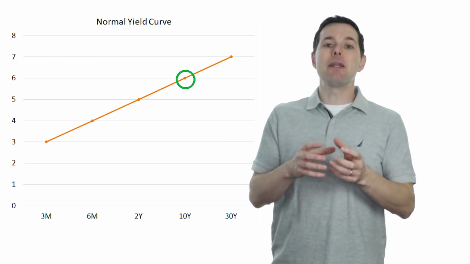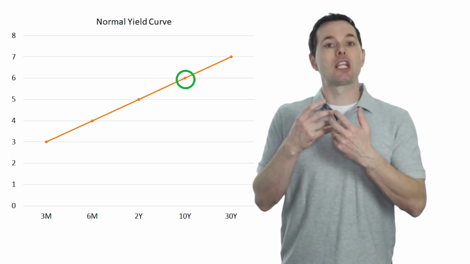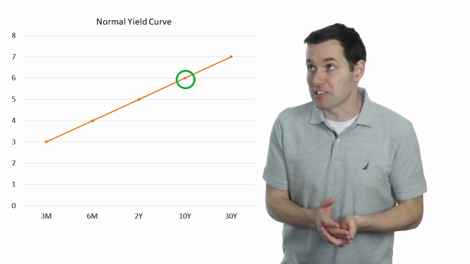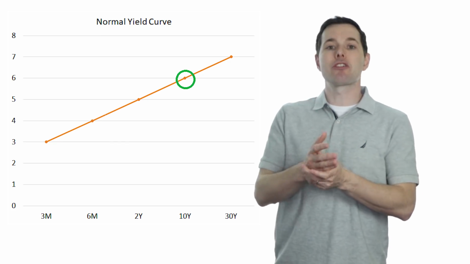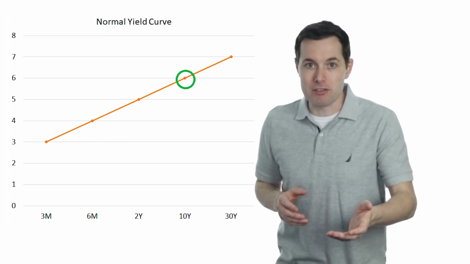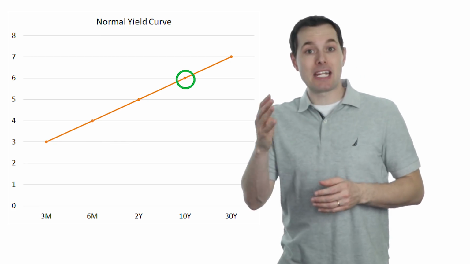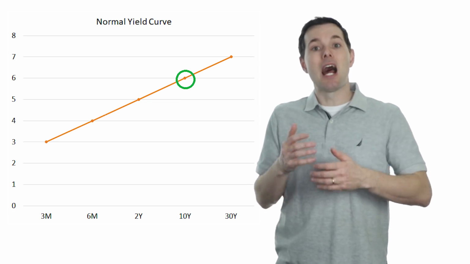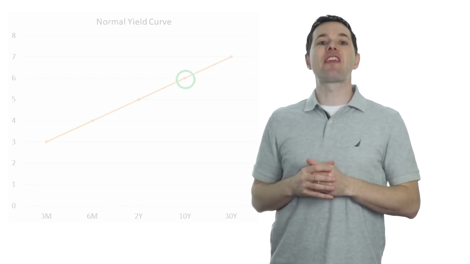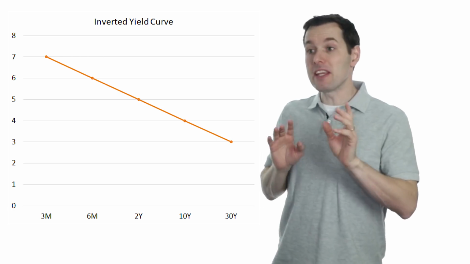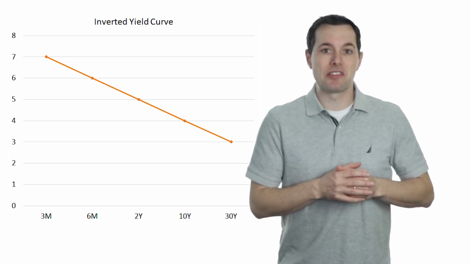And getting paid more money for investing in longer-term investments makes sense, since in theory, the longer you're in something, the more risk there is, and the longer you have to lock up that capital, so you should get paid a higher rate of return. So this brings us to the inverted yield curve. So basically, the inverted yield curve is when the yield curve goes down.